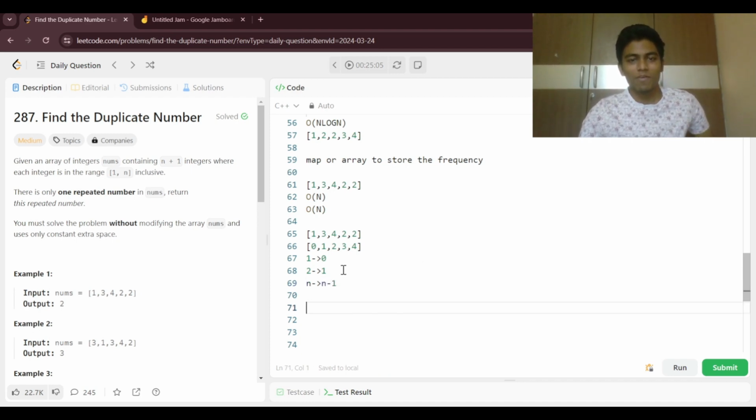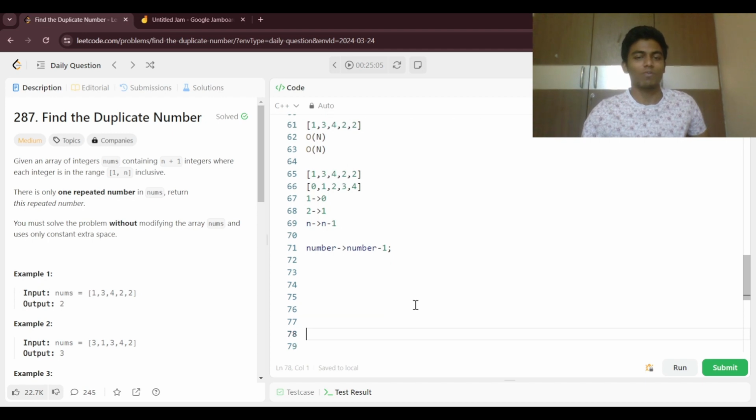So whenever we come up with any number, we are going to put this number into this particular index. Whenever there is a collision, like the number minus 1 has the same number and the other index also has the same number, then at that point we are going to return this particular answer. So let us see the solution for this. Otherwise, we can go through one more approach